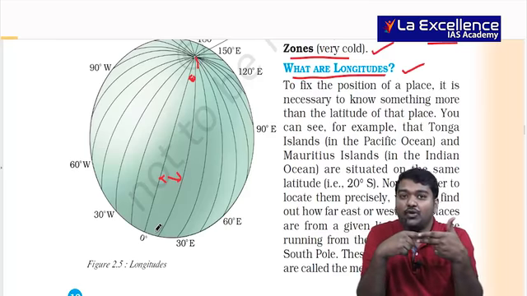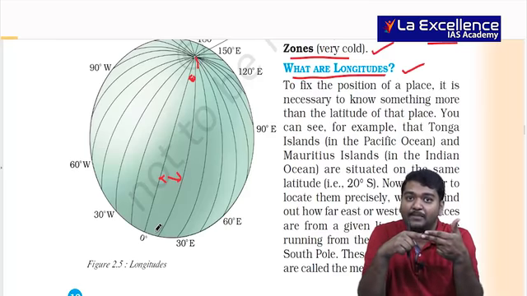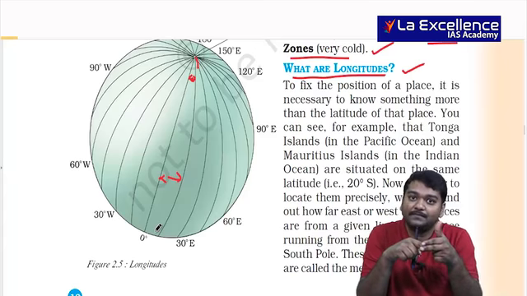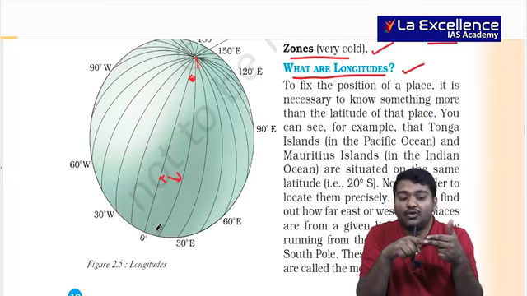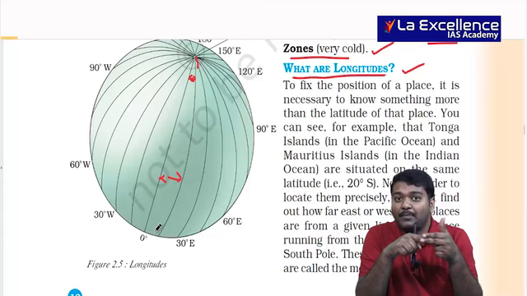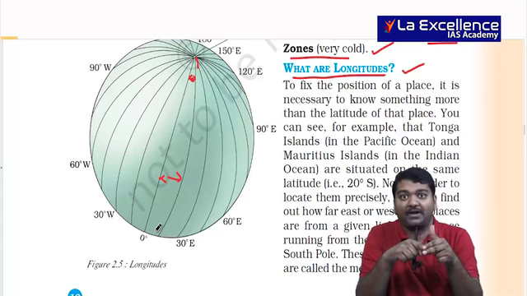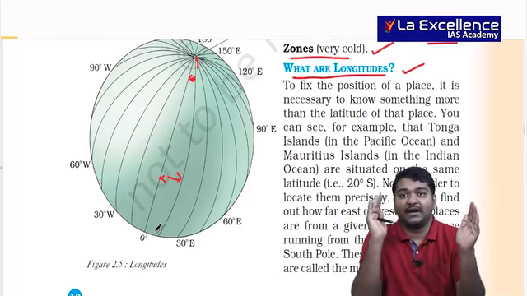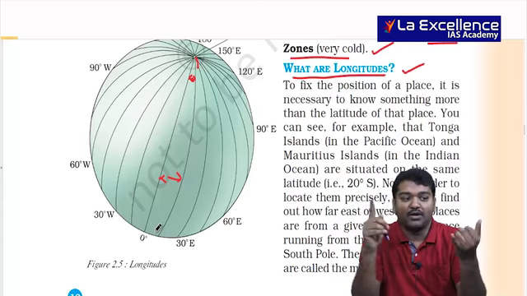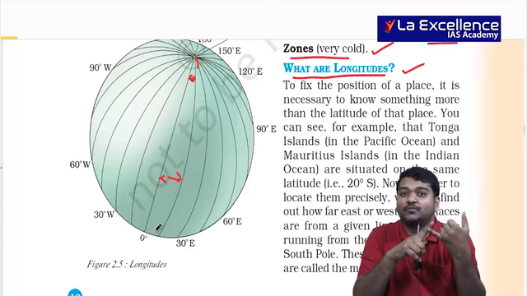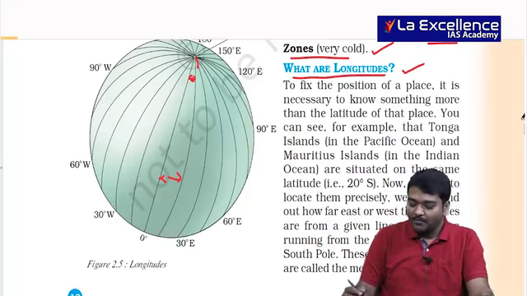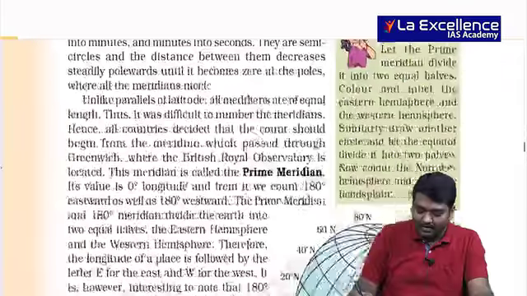And I have already told you with respect to the prime meridian, France and Britain were fighting for this prime meridian, and actually who got this? Britain got this. So now we see the 0 degree prime meridian actually passing through Britain. And the 0 degree usually divides the earth or globe into the western hemisphere and eastern hemisphere. This is important. Longitudes help us to calculate time. So timeline, and we have also seen the dateline, right? All these things are important for us.